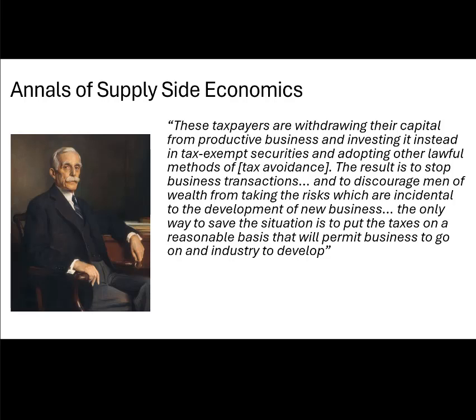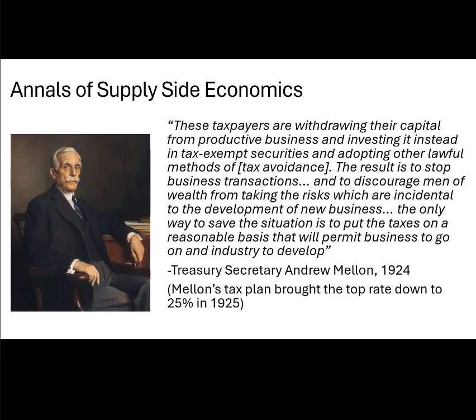This would be this guy right here, whom you've probably never heard of, but a very important person in American economics, Treasury Secretary Andrew Mellon. He was a Secretary of the Treasury for Presidents Harding and Coolidge in the 1920s. And he was one of the biggest and one of the earliest advocates of supply-side tax policy. And because Andrew Mellon was Secretary of the Treasury and he was very well respected in the government, and he had the backing of President Coolidge in particular, he was able to promote, and Congress then implemented a massive tax cutting plan in the 1920s.